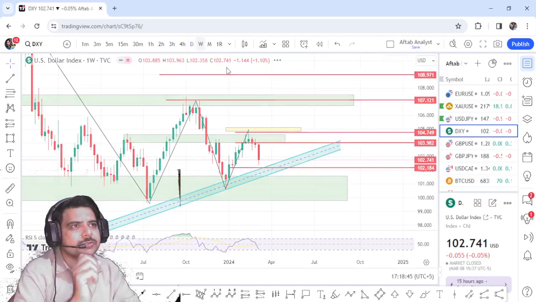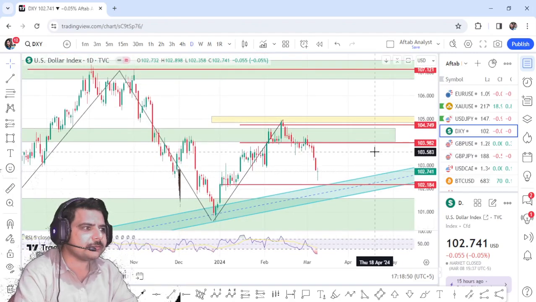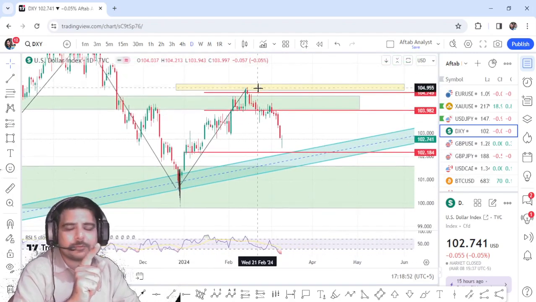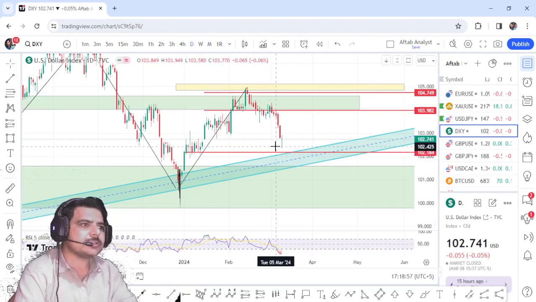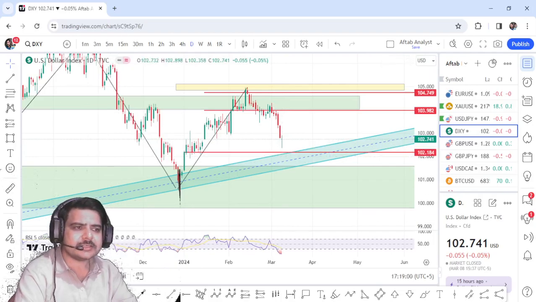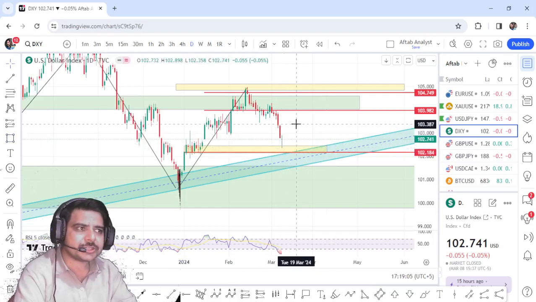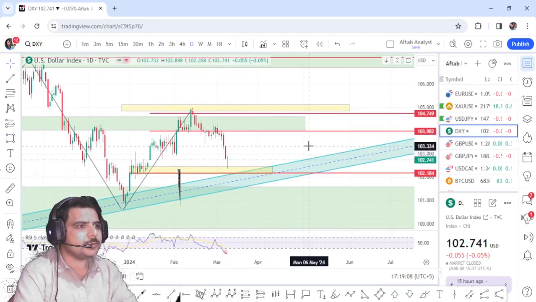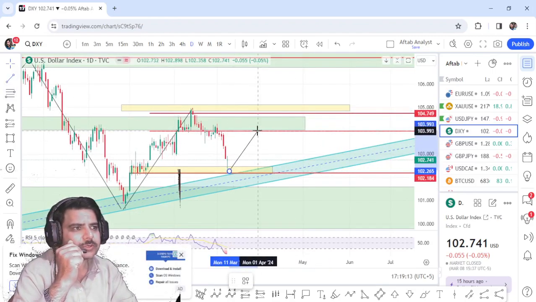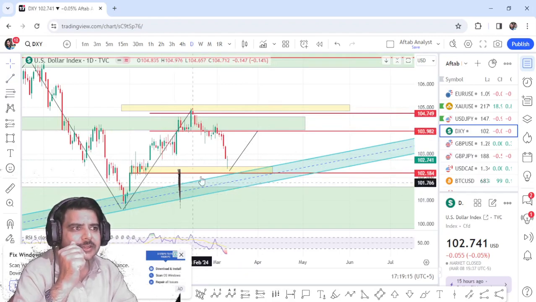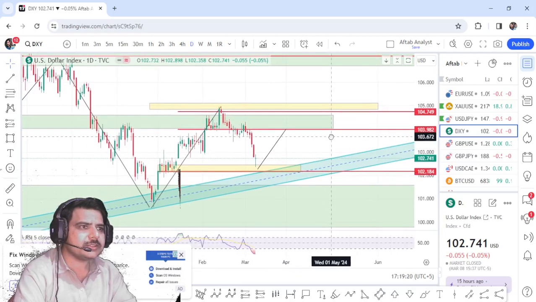Now I am switching to the daily time frame in order to find out what we can potentially get on the lower time frame. Since from here we entered a sell at 104.749, and 102.184 was a target zone, I assume the targets are hit right here, and we got a rejection. So the rejection, most probably on Monday and in the upcoming week, is going to be towards 103, and maybe during the week if it goes up there I might be looking for some sell opportunities.